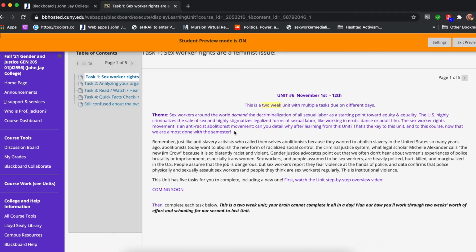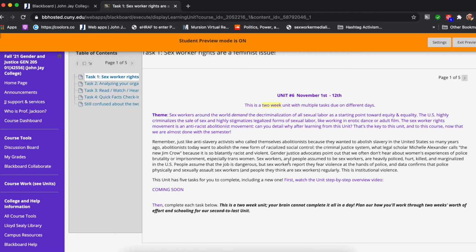This unit is focusing specifically on sex workers, people who engage in the sale of sex, often in exchange for money, sometimes goods, place to stay, food, whatever it might be. I myself am a sex worker rights scholar, so this is part of my area of expertise. And one thing that makes this area pretty difficult in terms of research and advocacy is that we tend not to hear from sex workers or believe sex workers. We tend to hear more from sex trafficking victims rather than people who are engaging in the sale of sex,